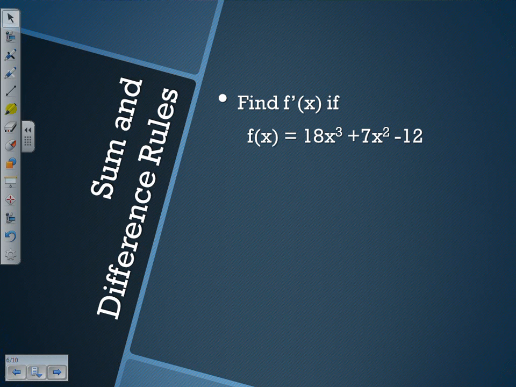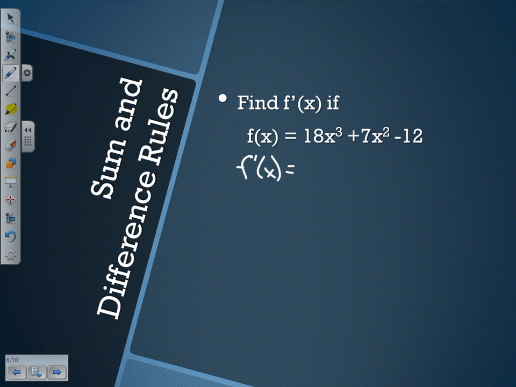It is based off the fact that with limits, if you had the limit as x was approaching 0 of a whole bunch of stuff added together, remember you looked at them separately and plugged it in? Because derivatives are limits, you look at them separately, that's your answer. So it doesn't matter that those are being added. I look at them one at a time, still use the rule, and then just put them all together to get my answer. So if I'm doing this, and I want to find f prime of x,